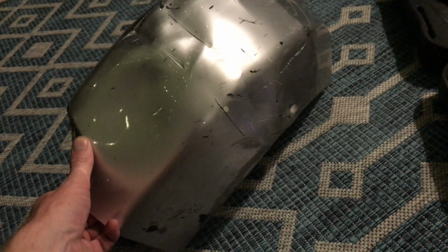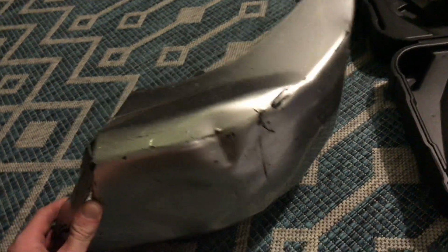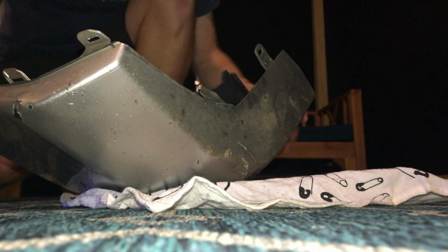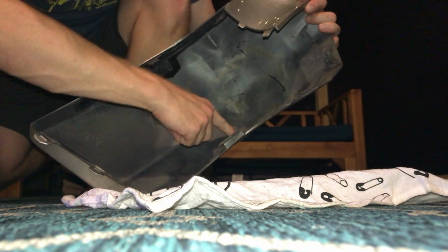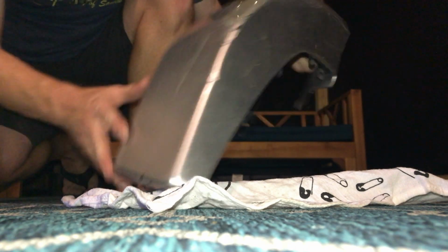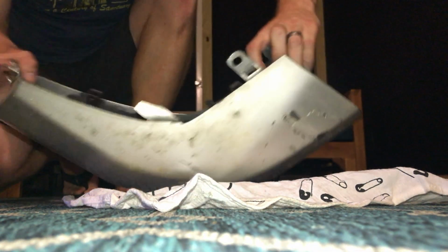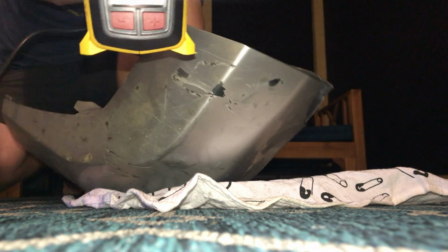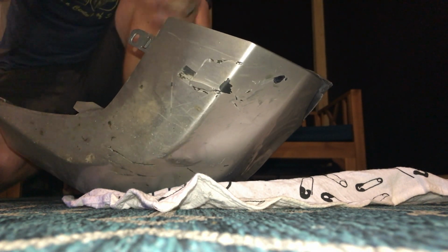I have a cool Wagner hot air gun. It has a really accurate display. Who knows if it actually matches with temperature, but that's what it said. And so what I did is I heated up the inside, heated up the outside, where there was a huge dent. I've already got that out. And I started smoothing out these surfaces by putting my crowbar and rolling the crowbar. That would put the pressure in the right spots and bend the plastic out and hold it for a little bit until it could